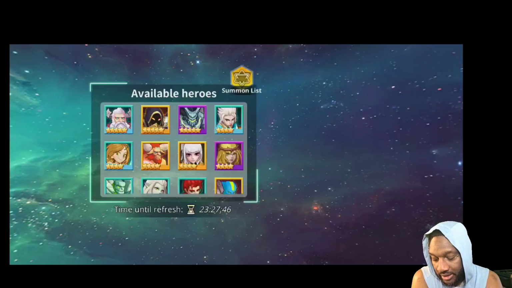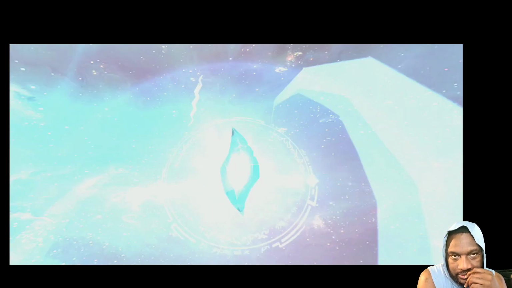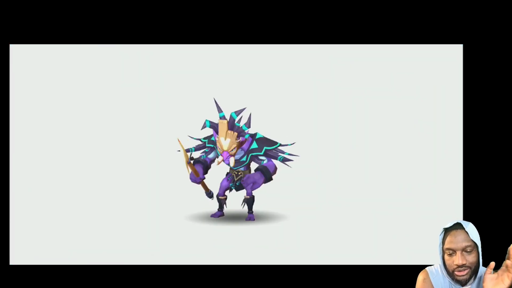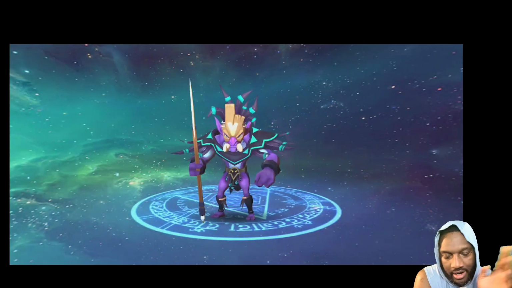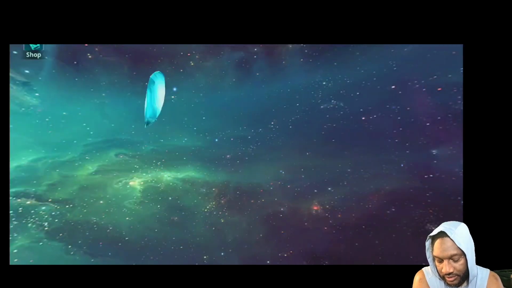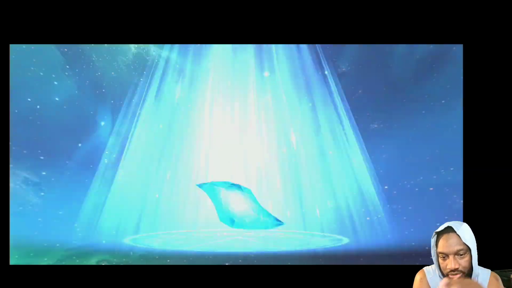And don't forget, the summoning rate for Bone King is you have a 1 in 4 chance of getting the Bone King. That doesn't mean that you're going to summon a Nat 5. The Nat 5 rate is still the Nat 5 rate. 1 in 100, okay? And then out of those 1 in 100, you have